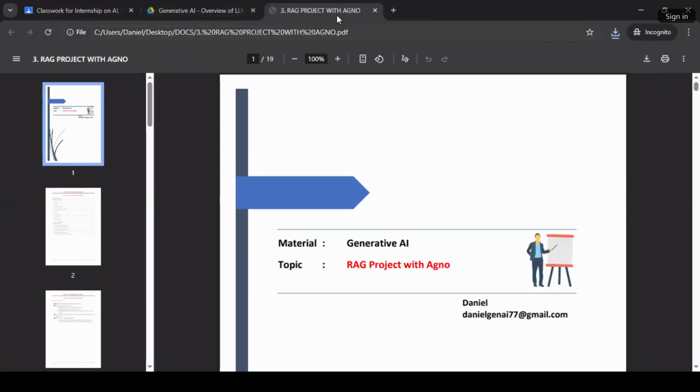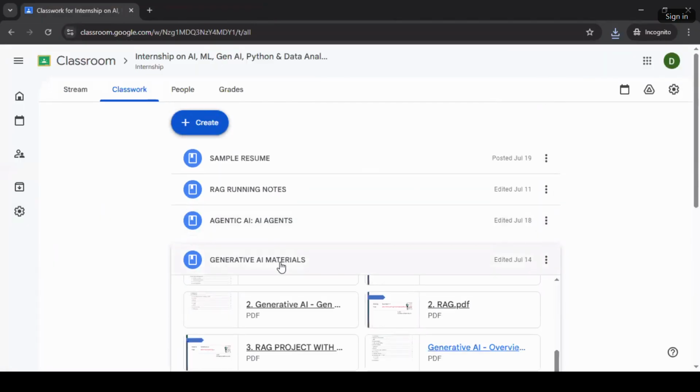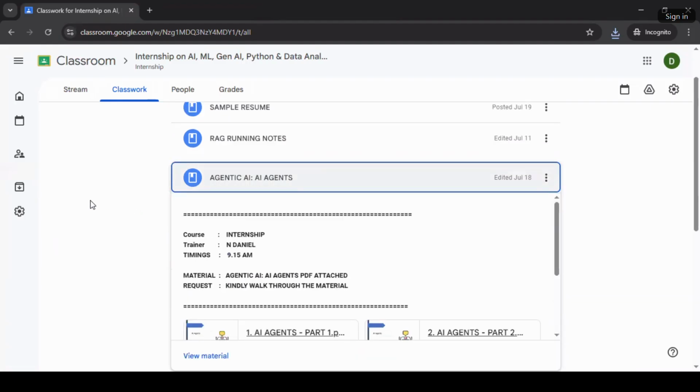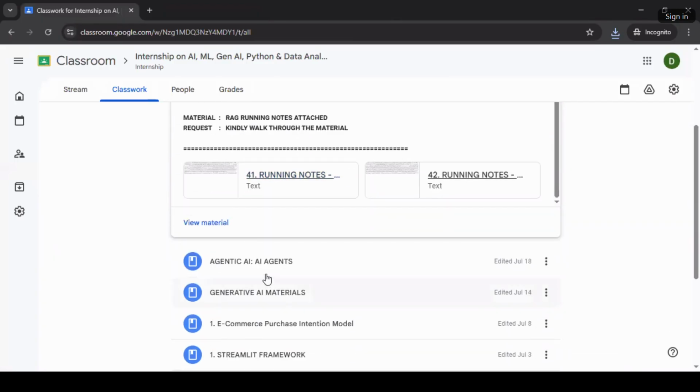Oh, sorry, sir. Then later, Daniel. So I need to take this. This is just RAG running nodes, I guess. AI agents.